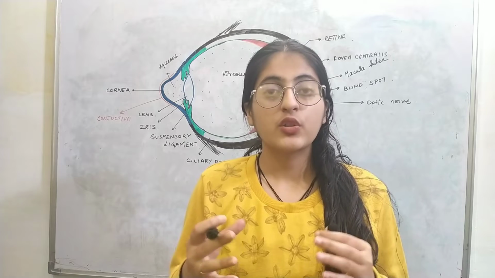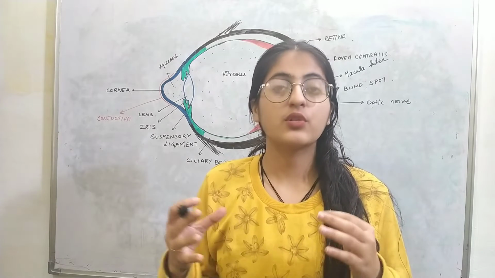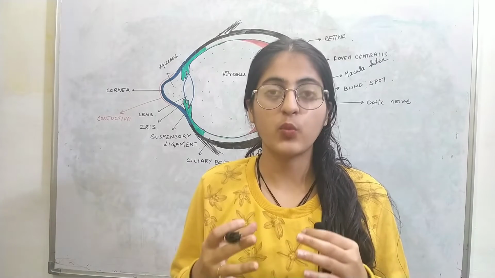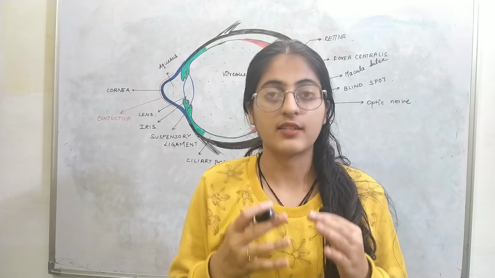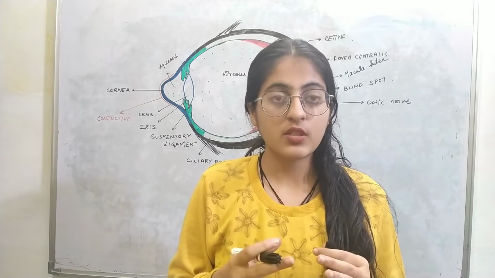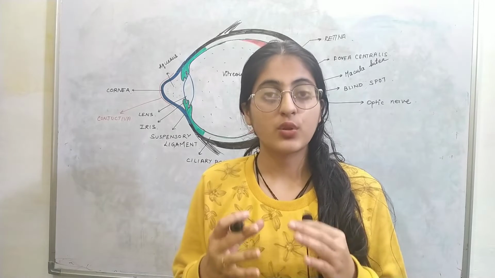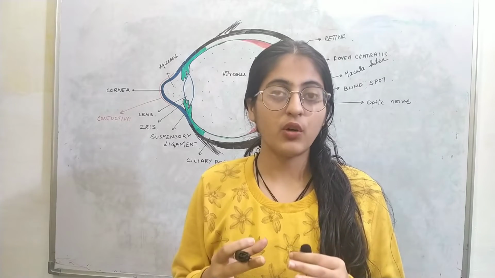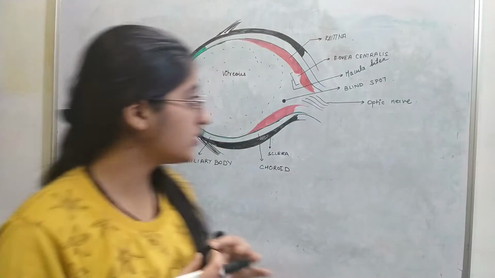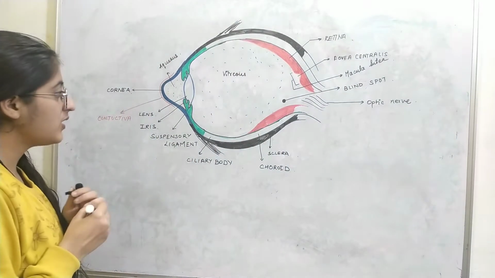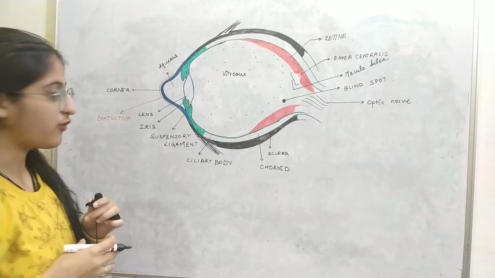The eye receives the stimulus, and the stimulus for the eye is light. So it receives the light from the environment and forms the image on a part of the eye, that is the retina, and through this the signals are sent to the brain. So today we will be looking at the anatomical structure of the eye. Here is the anatomical structure of the eye, and we will see how different functions are performed.